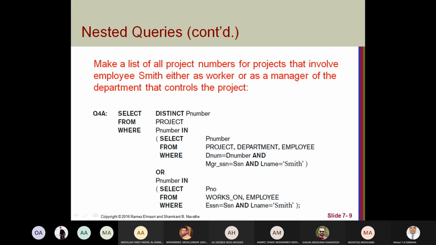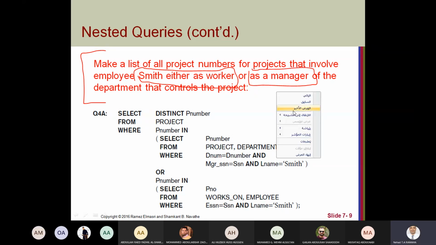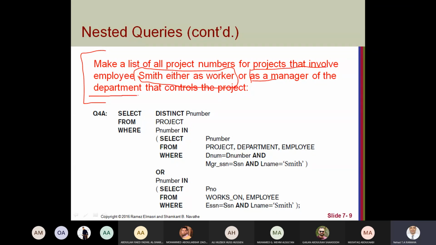Okay, if you remember last lecture, we took the same query: make a list of project numbers for projects that involve employee Smith as a worker or as a manager of the department. Let me, this second part, or as a manager for departments that control the project.